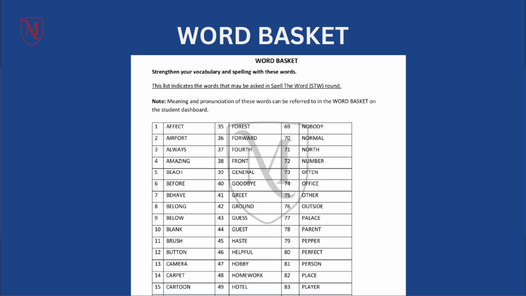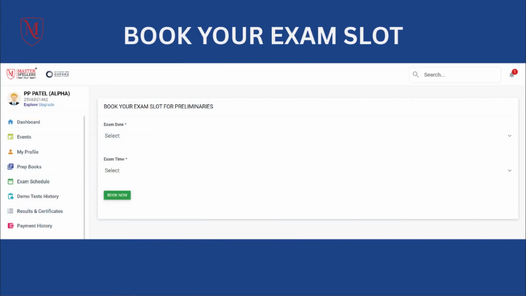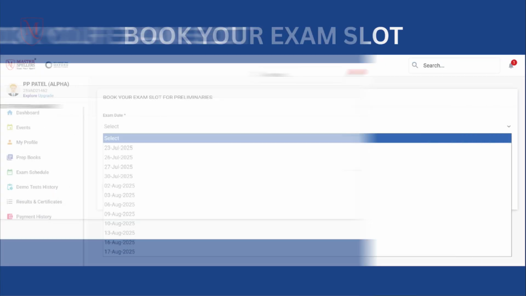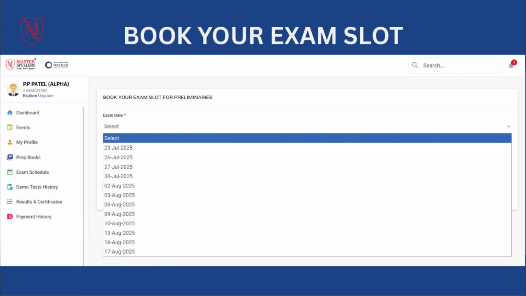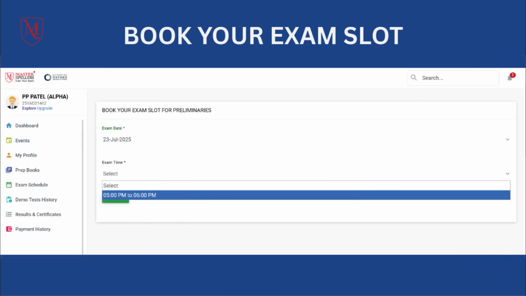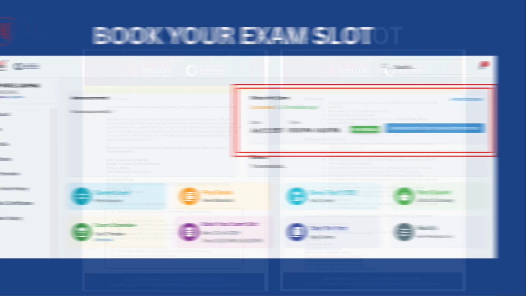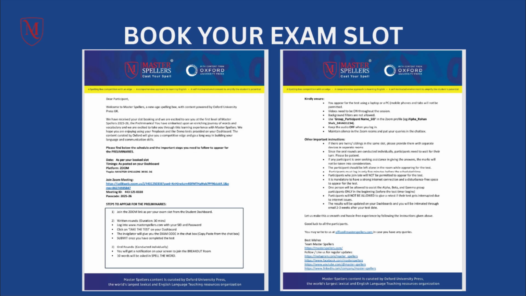Then, you need to go and book your exam slot. There are flexible slots for the students that they can select. Some schools have selected only one day, so you will get to see only that one day to select from. When you click on Book Your Exam Slot, you will see the dates that are available. You have to select the date and confirm. Once you confirm, your Book Your Exam Slot tab will be available along with the deadline and other details on your dashboard. You can also download the Zoom link and other exam instructions after you have booked your slot. Please follow all the instructions carefully given in this file.